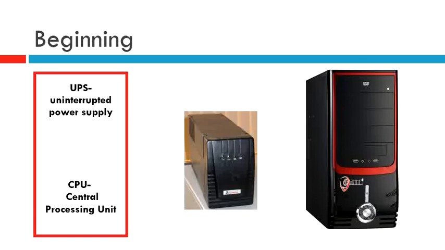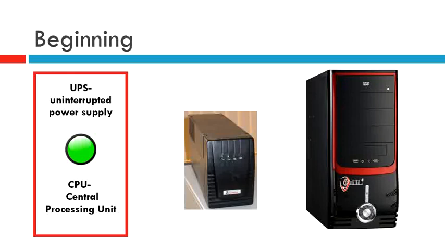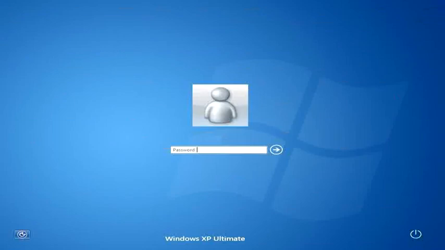After switching on the UPS and once the light turns green, we switch on the CPU or the Central Processing Unit. Here again we see a light glowing. The monitor usually is on and will come a glow after this step. The operating system in our computers in school will open to this page where you have to log in using a password.